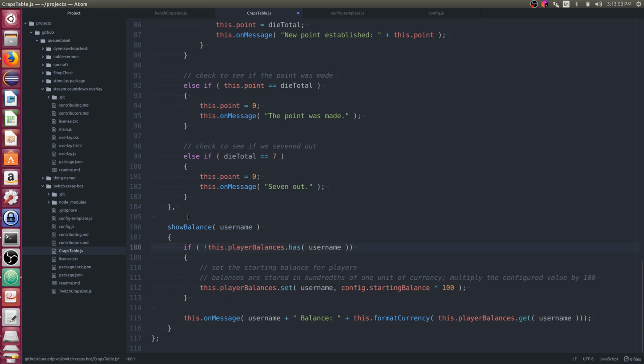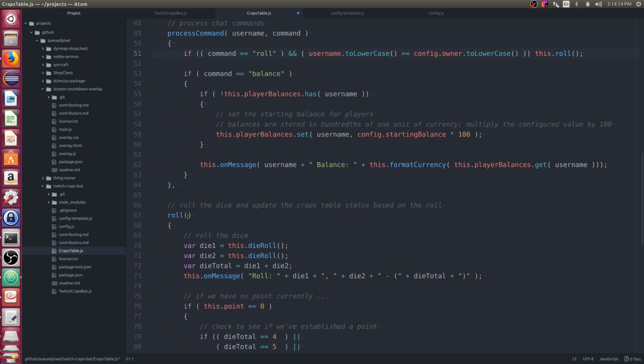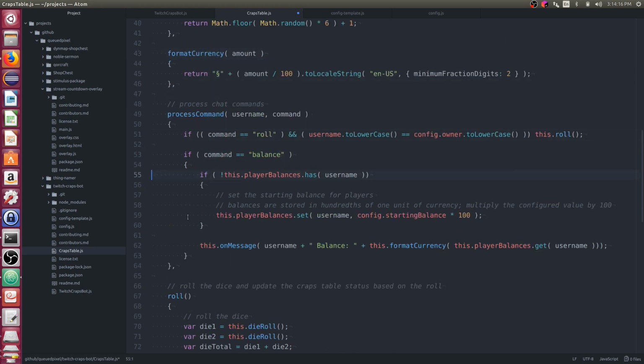Nothing should really change here. We check to see if the player balances has the username. If it does not, we set it, multiplying the starting balance by 100. Then in either case, we just print out or send a message with their balance. This will allow us to go back to this function and make this nice and simple.